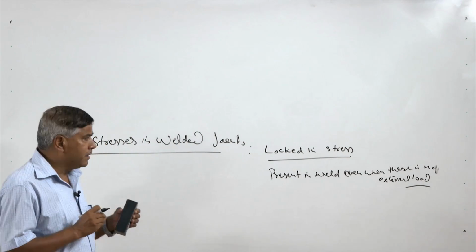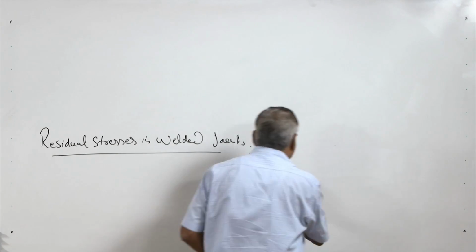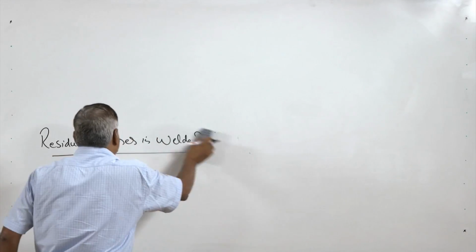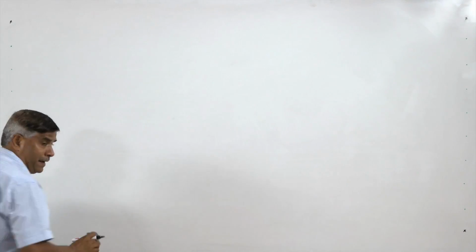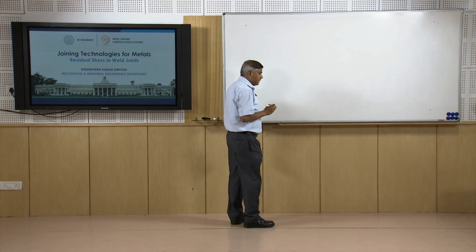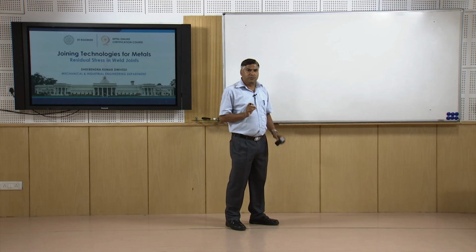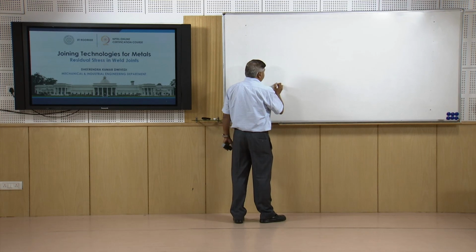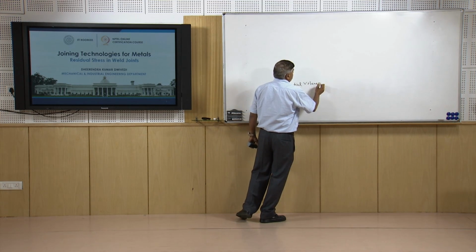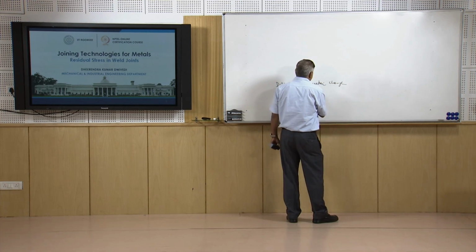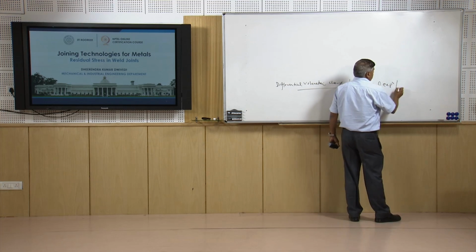So, where do these come from when a weld joint is developed? In the base metal, there may not be any residual stresses, but when a weld joint is made, we find that there are some stresses already present even when there is no external load. Such stresses are called residual stresses, and there is one common reason for all the situations whenever residual stresses develop, that is the differential volumetric change, or differential expansion and contraction